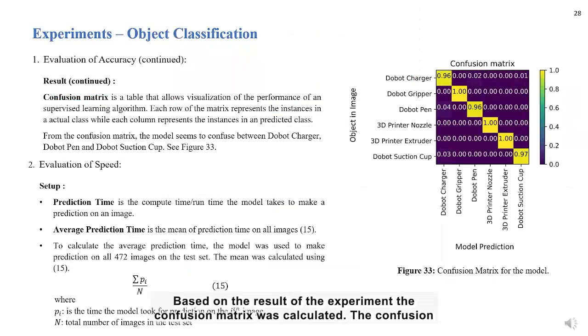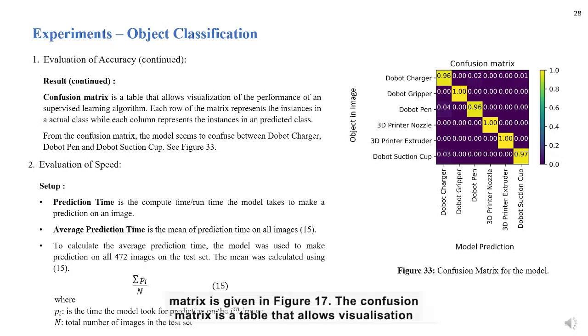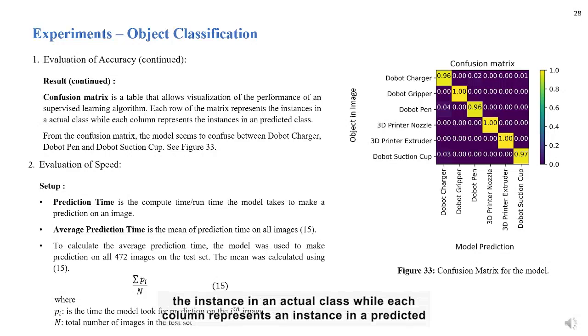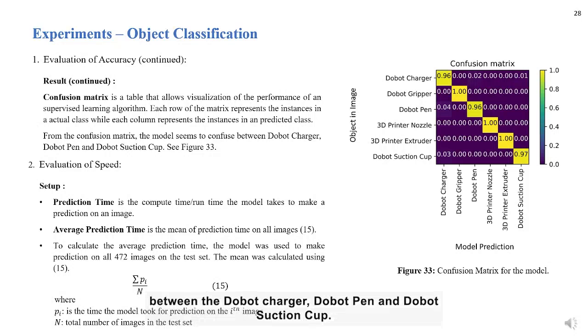Based on the result of the experiment, the confusion matrix was calculated. The confusion matrix is given in figure 17. The confusion matrix is a table that allows visualization of the performance of a supervised learning algorithm. Each row of the matrix represents the instances in an actual class, while each column represents the instances in a predicted class. From the confusion matrix, we could infer that the model seems to confuse between Dobot charger, Dobot pen,